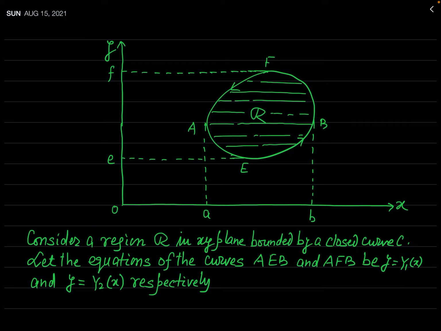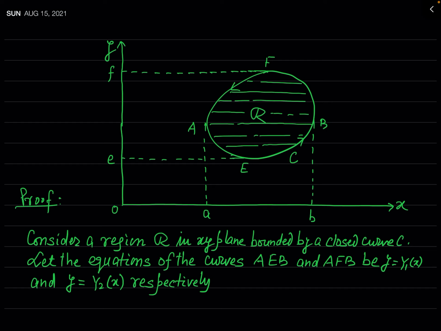So to see the proof of this theorem, let us see this figure, which I have drawn here. You can see this C is a closed curve, and this arrowhead indicates that we are traversing along this closed curve in the anti-clockwise sense. This closed curve lies in the xy plane, as you can see in this figure, and the region enclosed by this simple closed curve C is R, which I have marked here by this shaded region.